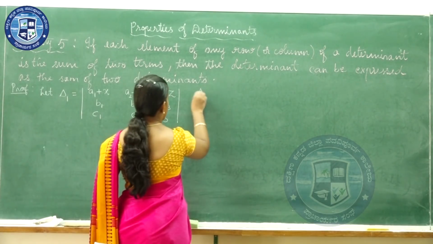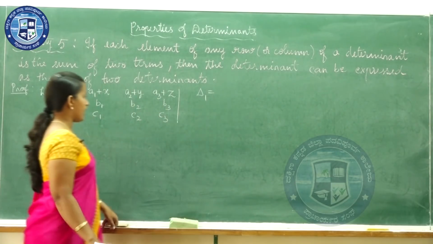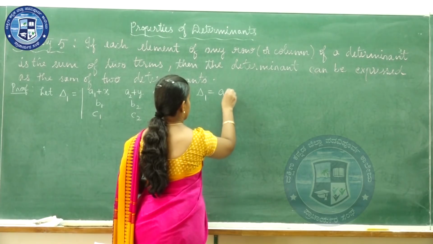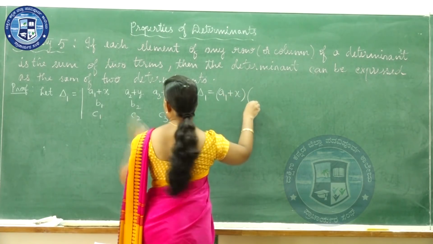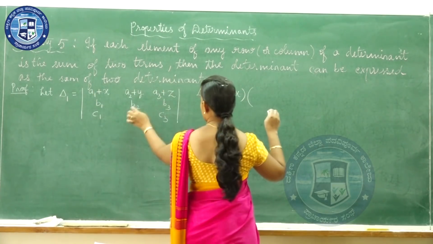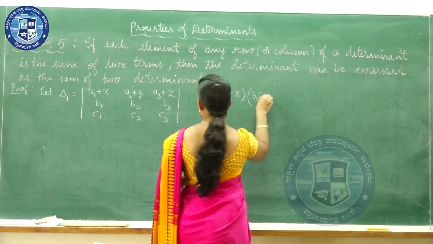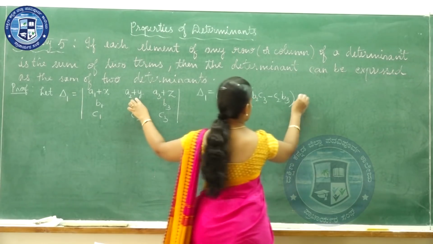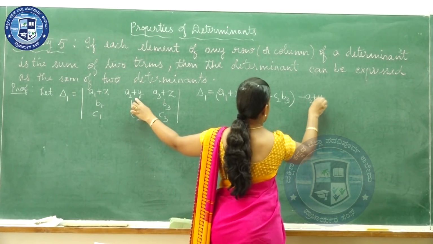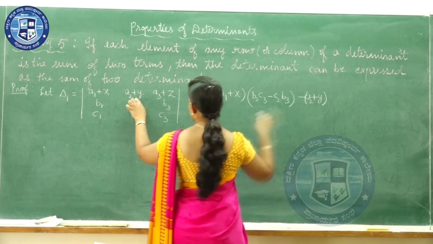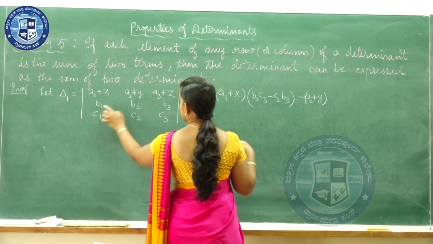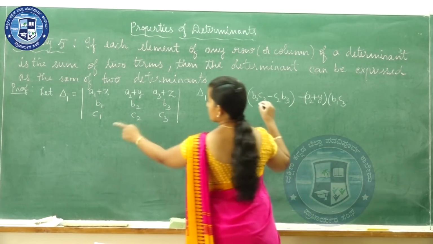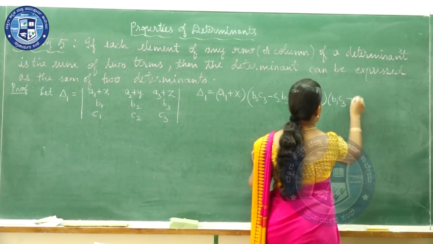So if I expand this determinant, what will happen? So a1 plus x into, delete the first row, b2 c3 minus c2 b3, then change the sign. So minus a2 plus y, put the bracket, delete this, so b1 c3 minus c1 b3